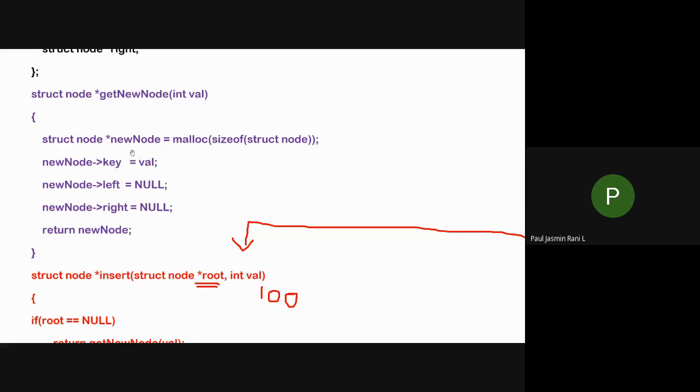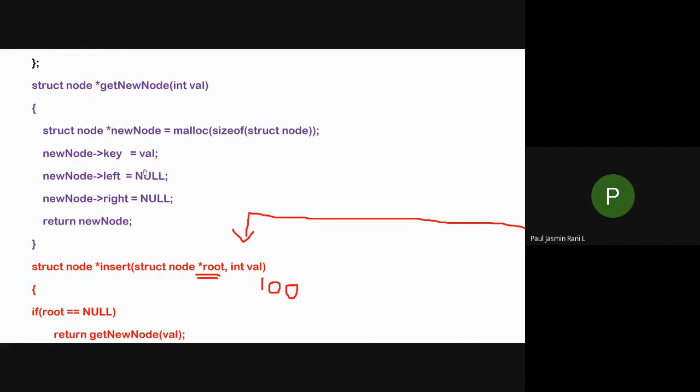So I have created some address. Let us consider 5000. Okay. So I have created 5000 of key. I am going to store the value. What value will be stored over here, ma? What's the value I'm passing? 100. Yes, exactly. So I'm passing 100. So that 100 will be stored over here.